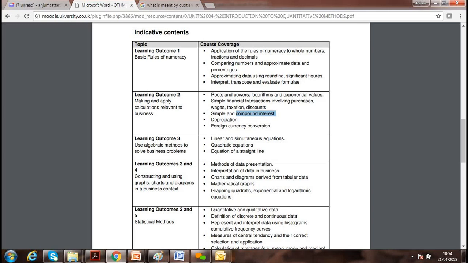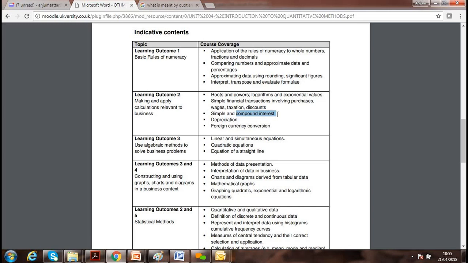The interest on 1,000, 10% means 100. So if I start withdrawing my 100 out of the bank, it means the bank has 1,100 pounds in my account. So the bank will give me next year's interest on 1,100 pounds. It carries on adding. We'll learn more when we do more questions about